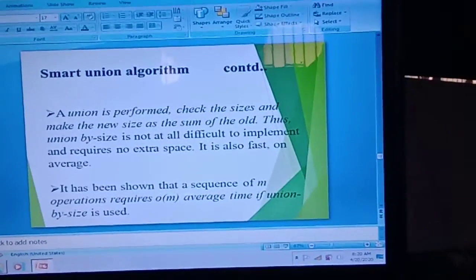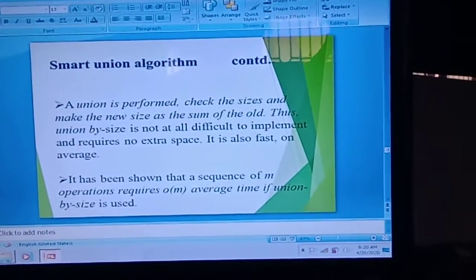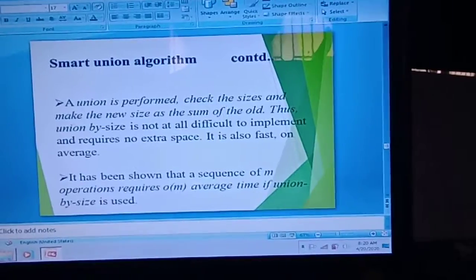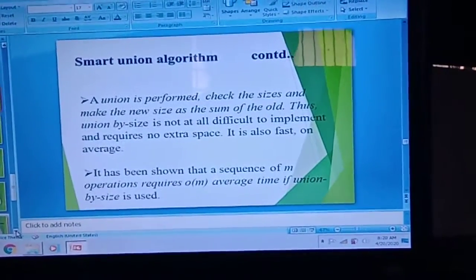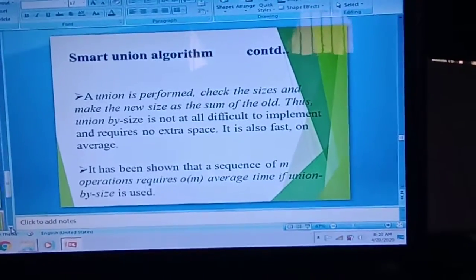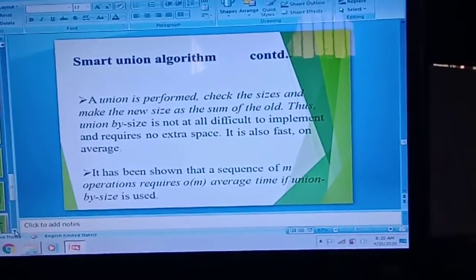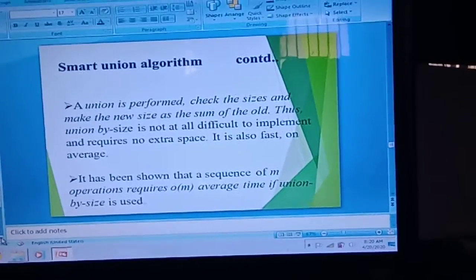The union is performed. Check the size and make the new size the sum of the old. Thus, union by size is not at all difficult to implement and requires no extra space. Here, we are already calculating and adding the elements depending on the size of the existing disjoint set.